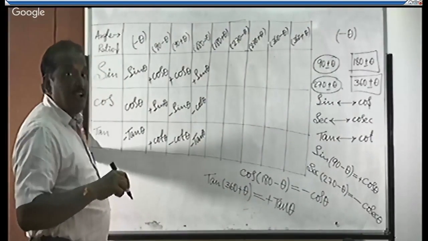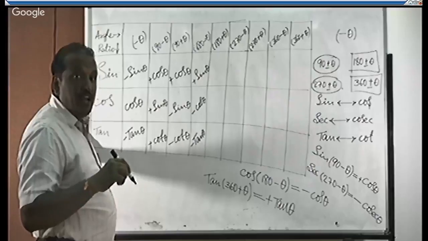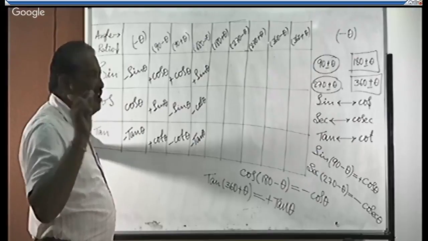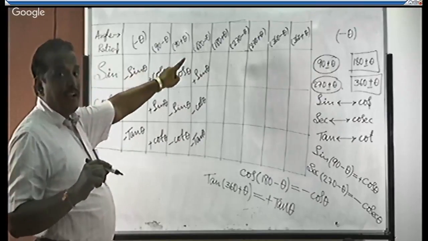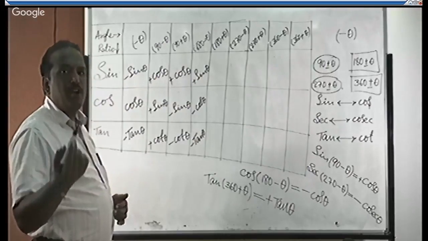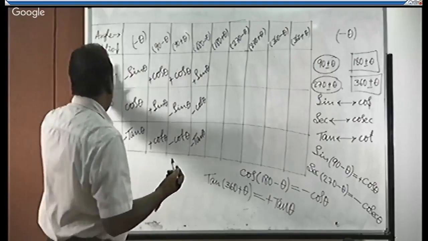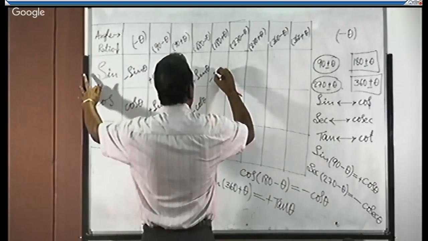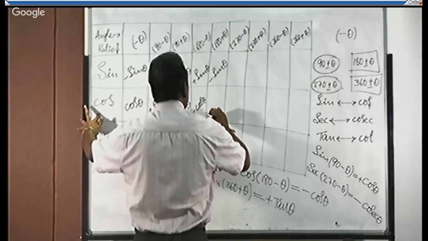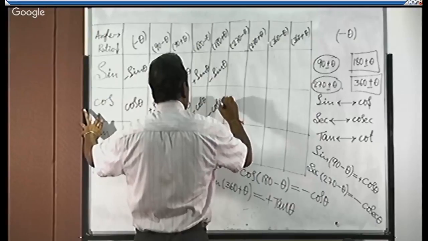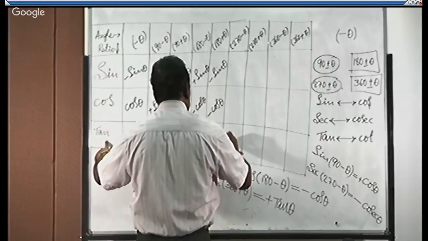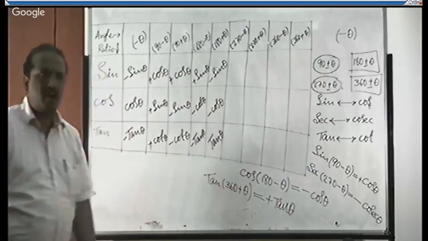180 plus theta is coming under the third quadrant, where tan and cot are positive and the rest of the trigonometric functions are negative. When 180 plus theta is connected to any trigonometric function, we know that the same trigonometric function results on the right hand side. Therefore, sine of 180 plus theta is minus sine theta. Cos of 180 plus theta is minus cos theta. Then tan of 180 plus theta is plus tan theta, because 180 plus theta is coming under the third quadrant, where